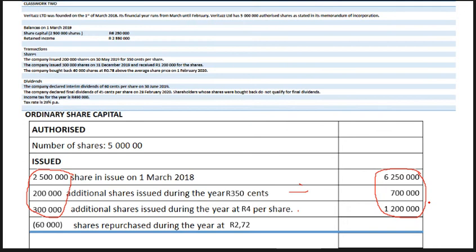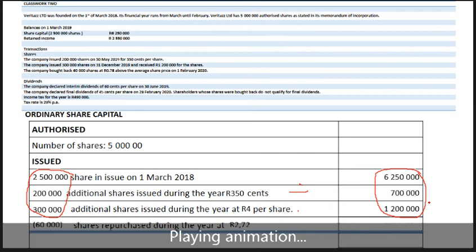This is a good example. These shares were issued at 350 and these ones were issued at how much? At 4 rand. So when we buy them back, we're gonna reduce them at their original price. But what is the original price since they were issued at different prices? Mathematically, I said the original price will always be the mean, which is the average. That is why you have to add the total share capital divided by the total number of shares that you have issued, and then you will get that 2.72 rand, and multiply that 2.72 rand by 60,000,